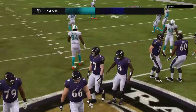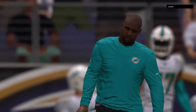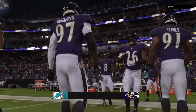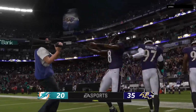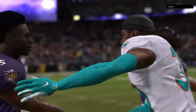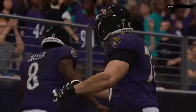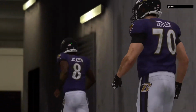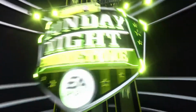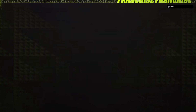So the final seconds tick away in this Baltimore victory. And they were buoyed, Charles, by a big second half that put this one on ice. So you get the sense that whatever was said at halftime obviously hit home. I think it's a little bit more than that, though. Obviously, there are words that are said, and, hey, come on, guys, we have to play better. But sometimes it's just sharpening your execution, sharpening your focus, and maybe doing the things you practiced all week without